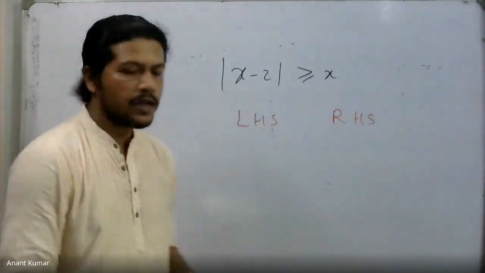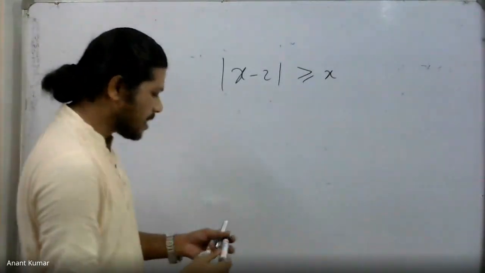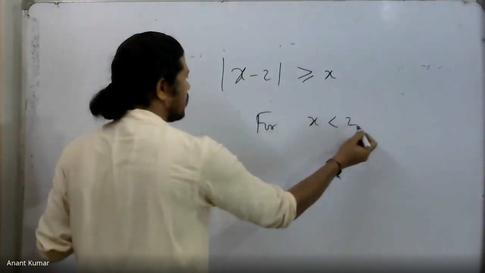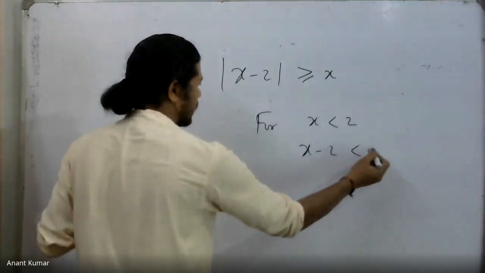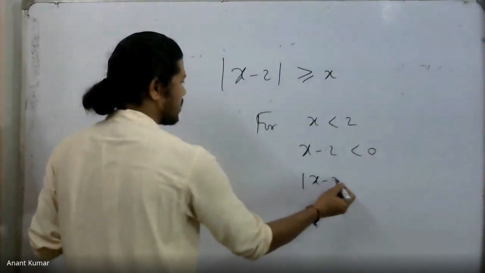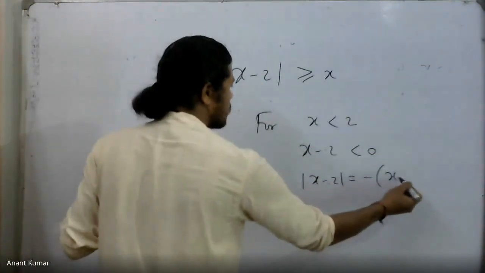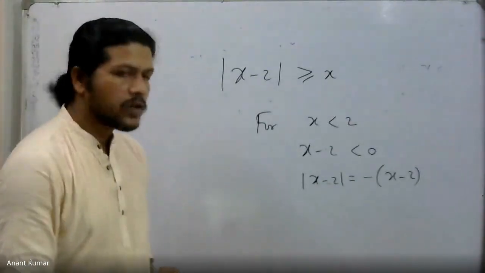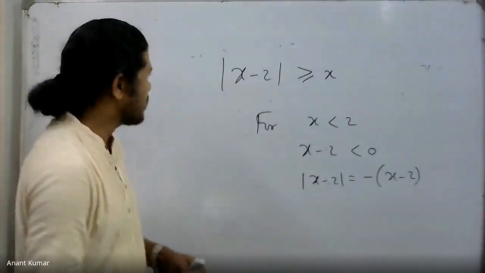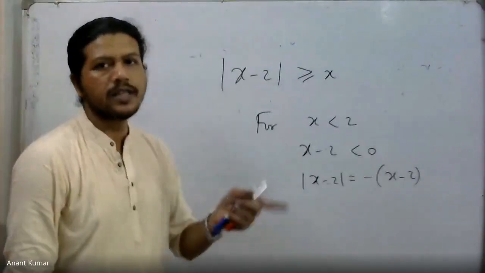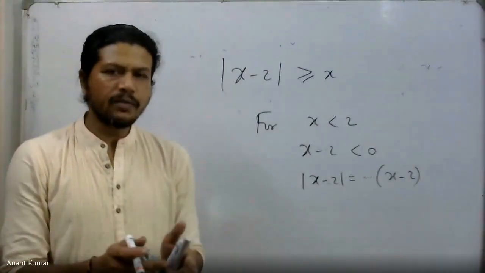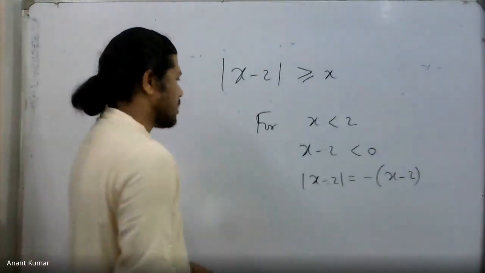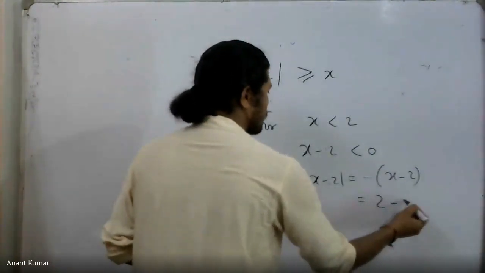the solution as. Okay, you see that for x less than 2, x minus 2 is negative. Therefore, mod of x minus 2 becomes minus of x minus 2. So far, I just applied the definitions. x less than 2 gives us x minus 2 negative, which implies the quantity inside the mod is negative. And therefore, mod of that quantity must be minus of that quantity. Therefore, I get minus of x minus 2, which is nothing but 2 minus x.